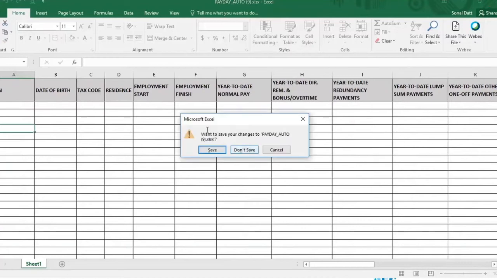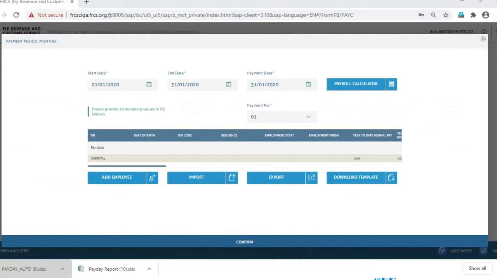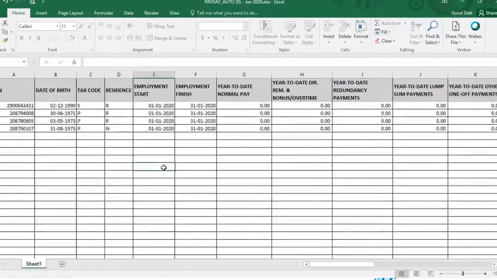So if employers fill in all these Excel templates, you will have something like this. I've pre-populated this Excel for the demo today. The employer that is lodging has 4 employees. I've entered the TIN of all the 4 employees, the date of birth, tax code,